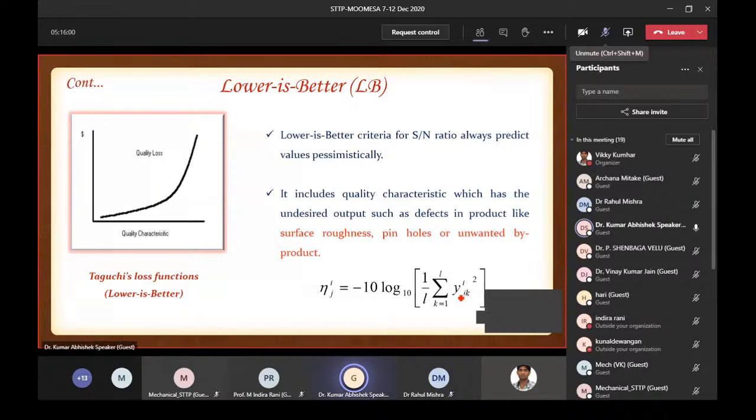If you have done it for two replicates, then y1 square plus y2 square, and 1 by 2. Am I clear? So by using this formula, you are going to calculate the